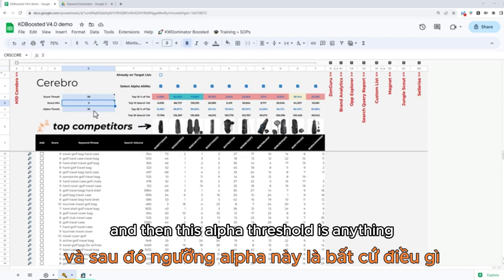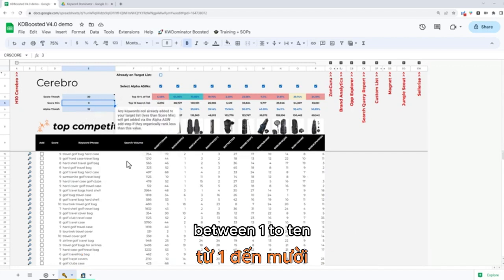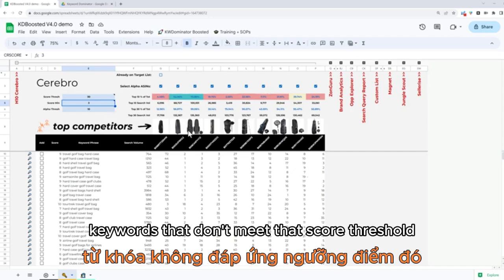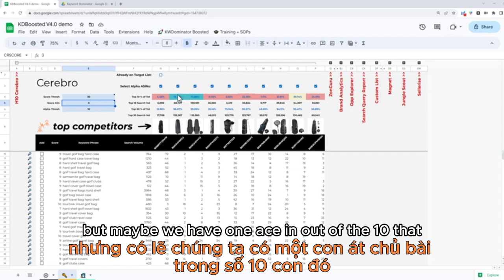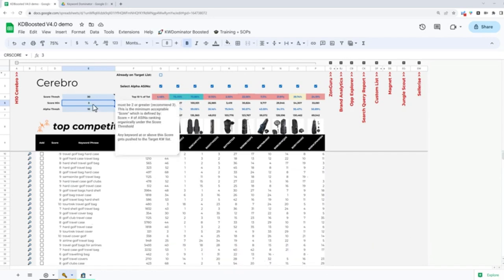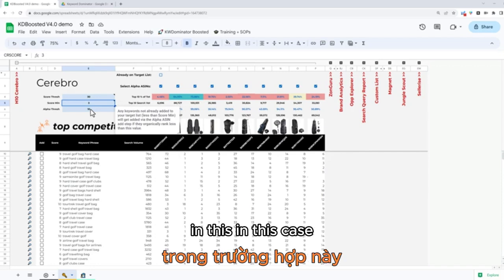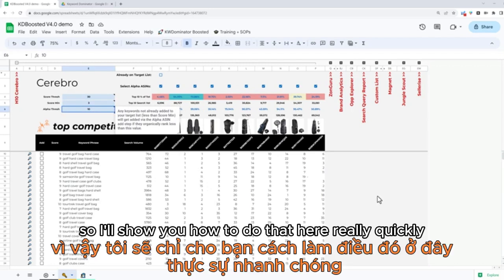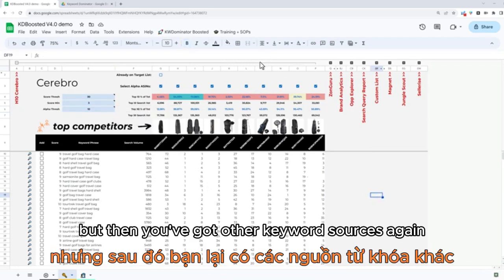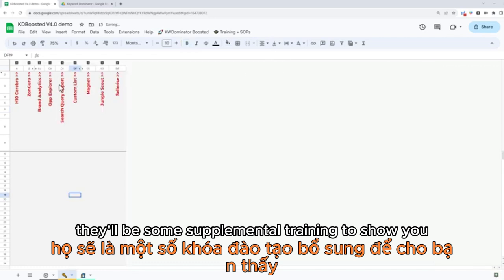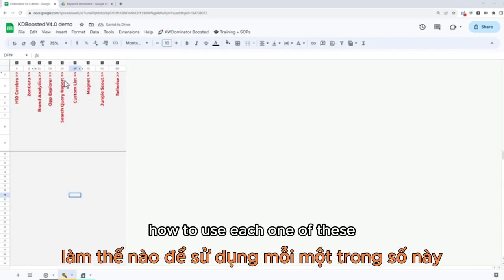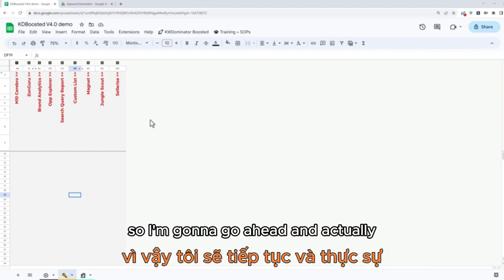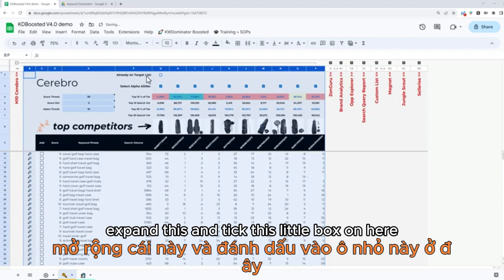And then this alpha threshold is anything between 1 to 10 organic position. If we want to move over any of those keywords that don't meet that score threshold, but maybe we have one ASIN out of the 10 that is within the top 10, we can very quickly move those over as well with these checkboxes. So I'll show you how to do that here really quickly. But then you've got other keyword sources. Again, there'll be some supplemental training to show you how to use each one of these, but it functions the exact same way. So I'm going to go ahead and expand this and tick this little box on here,